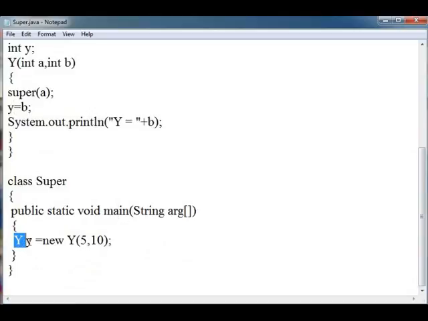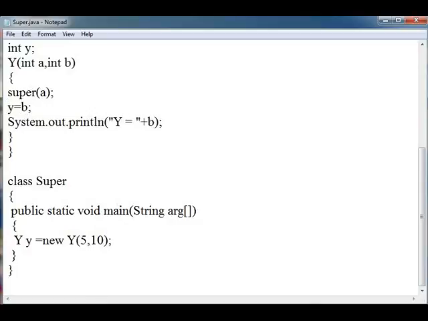Here I have created one object y and am passing the values 5 and 10. So 5 will be passed to a and 10 will be passed to b. Okay, so a will call the super and x will print, x is equal to the value of a, that is 5. So x is equal to 5, and then b will be passed to y and it will print y is equal to 10.